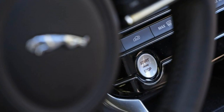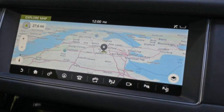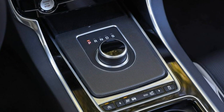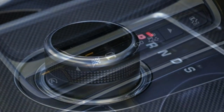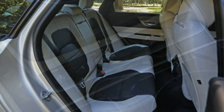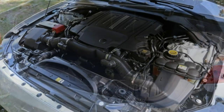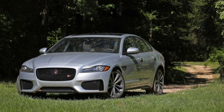Suspension compliance is another strong suit, just as it was in the previous generation XF. The adaptive dampers don't transform the S from the standard fixed setup, yet neither do they punish the ride. In any mode, the XFS calmly chews up corners with a deft balance of body control and suspension compliance. As in nearly all cars with the ZF 8-speed automatic transmission, the XFS shifts imperceptibly even when downshifting during aggressive